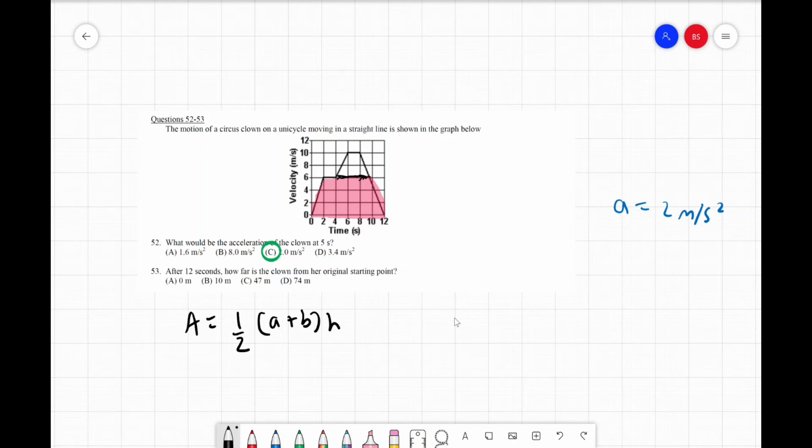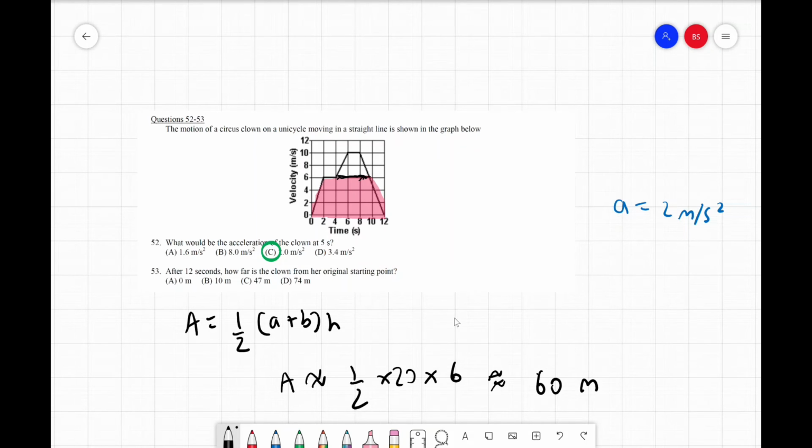Here, our first parallel side is 12, and our second parallel side is about 10 minus 2, that is about 8. So we'll just let our area be approximately equal to 1/2 times 8 plus 12, that is 20, times our height, that is 6. We can see that this will be equal to 60